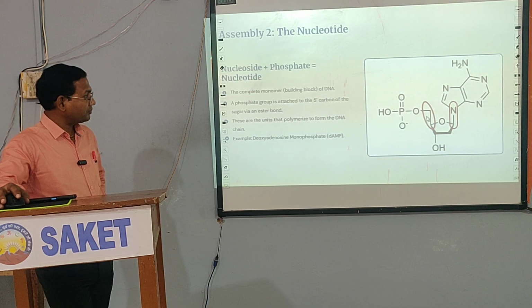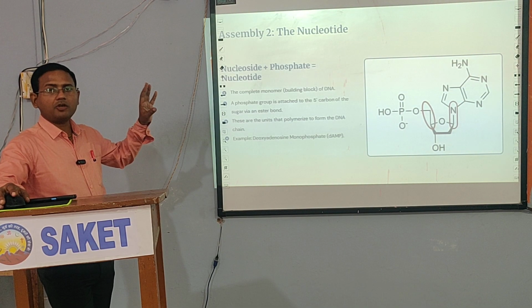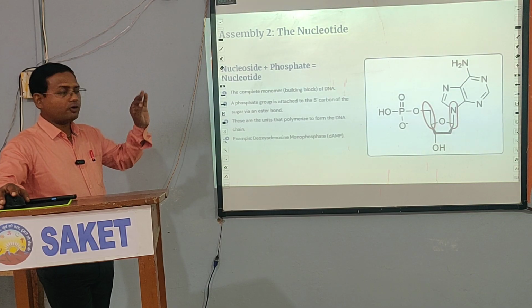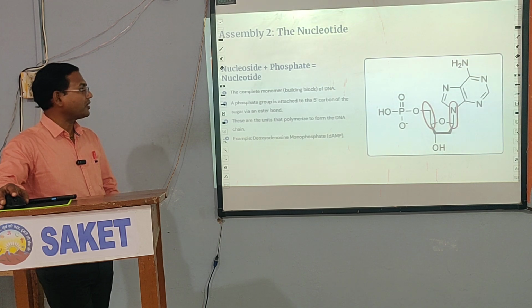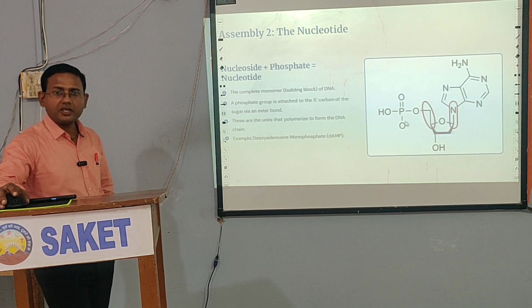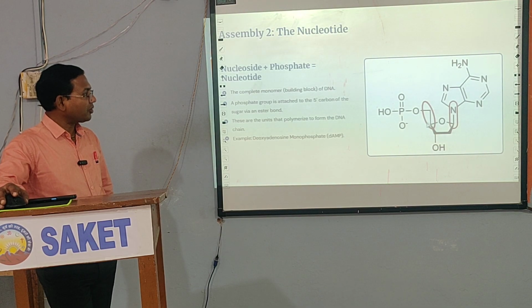So in this way, this is the ester bond, because this is the acid and this is the hydroxyl group, which is basic in comparison to this. So therefore it is an ester bond, because in chemistry, if you remember, we have the carboxylic group COOH and the alcoholic group, and when they both react, they form the ester bond. Similarly, here we have a special type of acid. It is not carboxylic acid. Therefore, this is the ester bond which is the phosphoester bond.